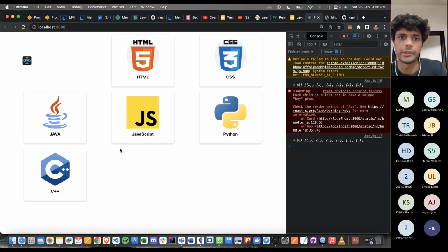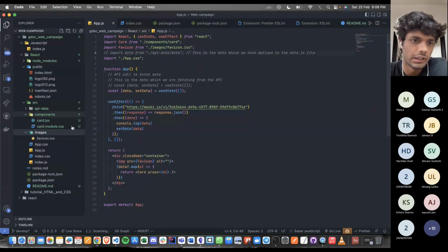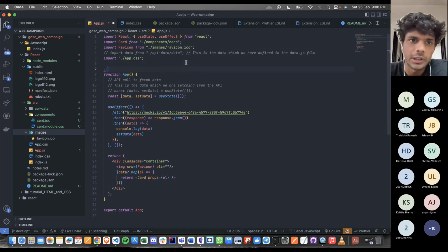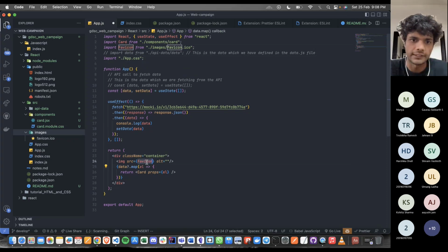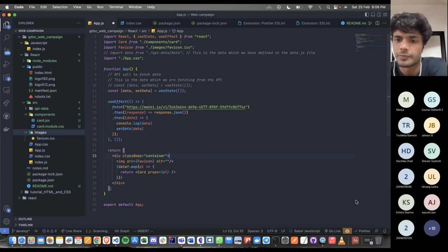बस हाँ। इंपोर्ट कैसे किया मैंने इसको, इमेज को कुछ भी नहीं था। मैंने यहाँ पे इमेजेस बनाया, उसके अंदर कहीं पे तुम्हारी इमेज है, उसको राउट करो जहाँ पे तुम्हारी इमेज है, वहाँ पे जाओ। ये तो तुम्हें आना चाहिए, डॉट / का मतलब होता है करंट डायरेक्टरी, और डॉट डॉट / का मतलब होता है प्रीवियस डायरेक्टरी। तो अगर मैं SRC में हूँ और मुझे पब्लिक में जाना है, तो क्योंकि SRC के ऊपर रिएक्ट फोल्डर है, तो पहले मैं रिएक्ट पे जाऊंगा, उसके बाद पब्लिक लिखूंगा। ठीक है, जाओ उस पे और वहां से इंपोर्ट कर लो और you can use that in SRC. सिंपल। ओके भैया।